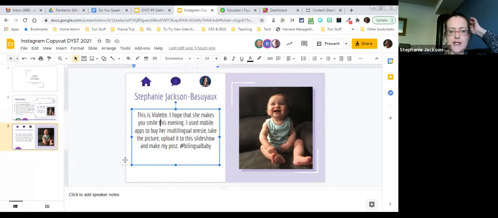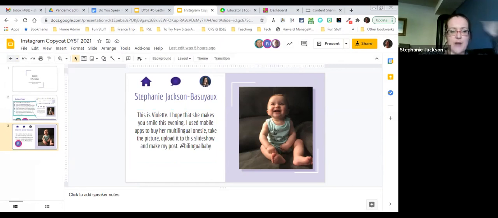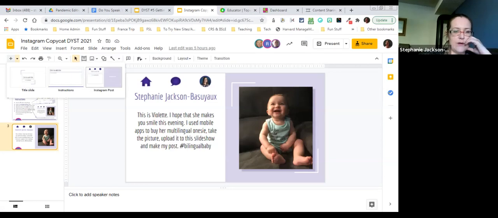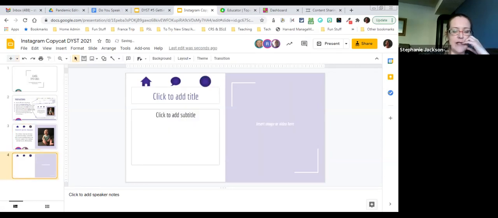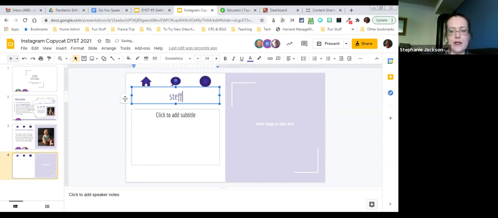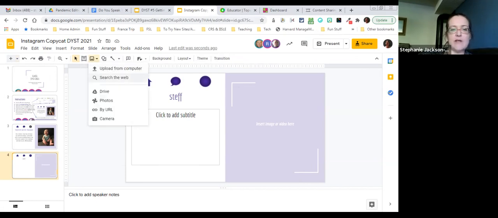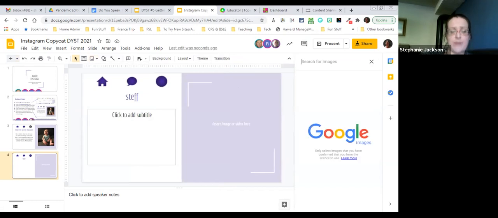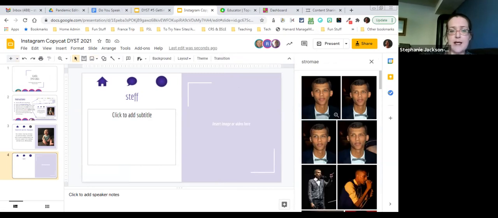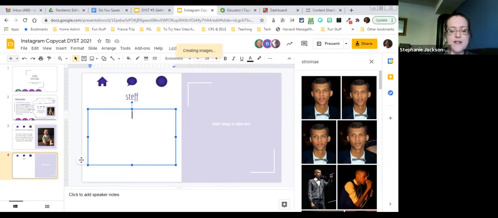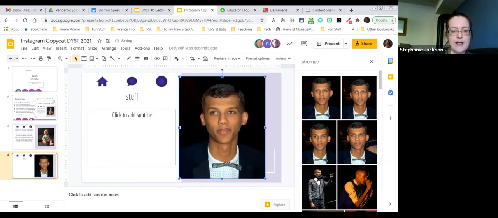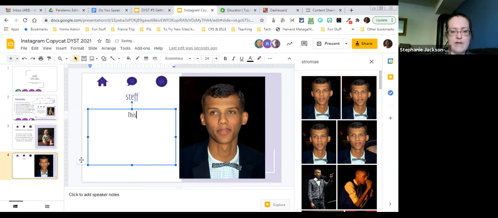And so this is a way of getting students, and you can see here, each student is going to add their own little slide, and you're going to put in your name, and then you're going to insert an image. And again, you could go to Canva, or you insert one from your phone or whatever it might be. They can even just search the web, right? So I'm going to search Tomai, and if this was French class, then I would say it in French, of course, but I would say like, whoops, this is my favorite French singer artist.